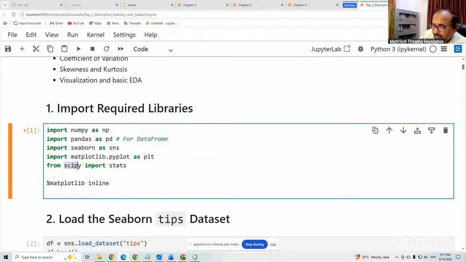Here is SciPy. Inside SciPy, all types of statistical methods that we require, which are related to stats, are available. Some methods are also available in NumPy, and we can use those from NumPy. But sometimes we have a very specific method which does not exist in NumPy, and in that case we can use stats. So see here,